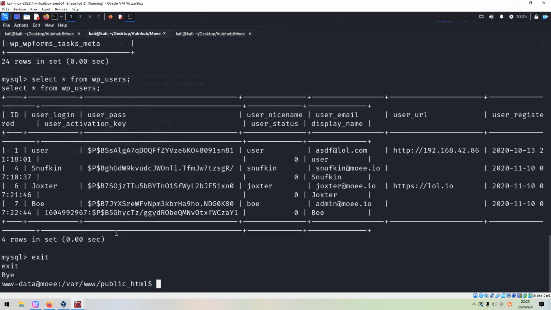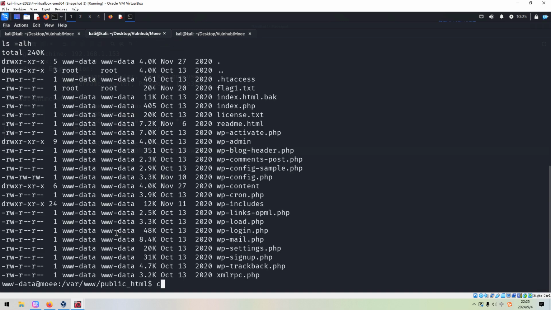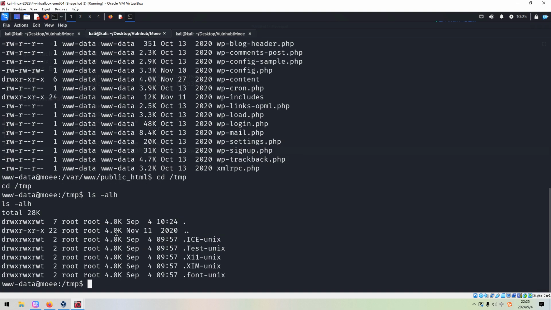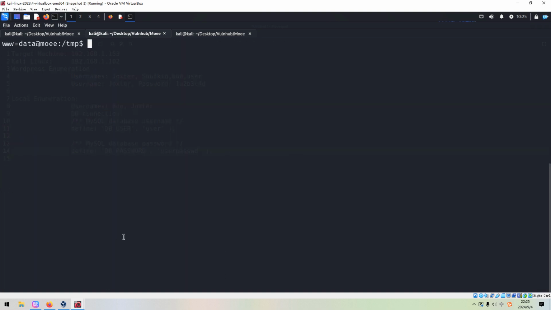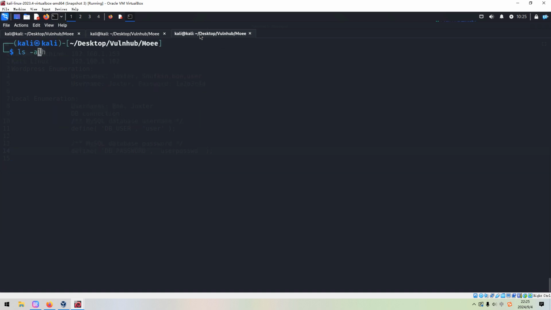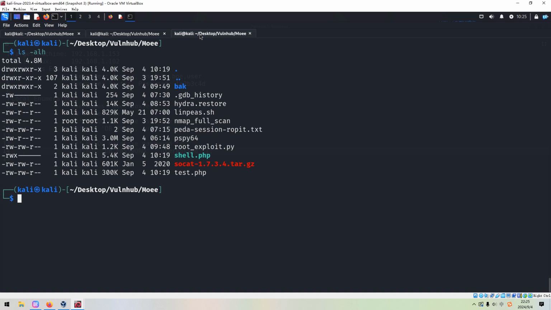We can exit, and what we can do, I think we can upload the LinPEAS shell script to do the automatic enumeration. And I think I've already got this script ready. Next we need to upload this file to the target.